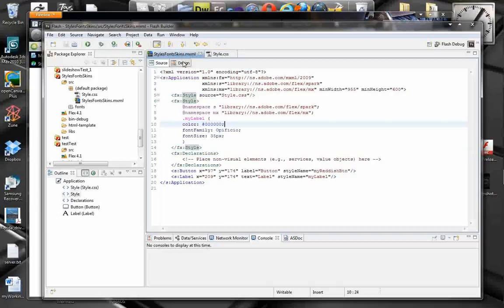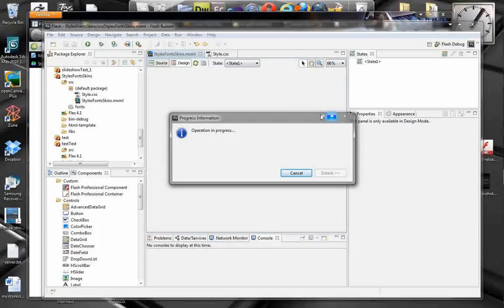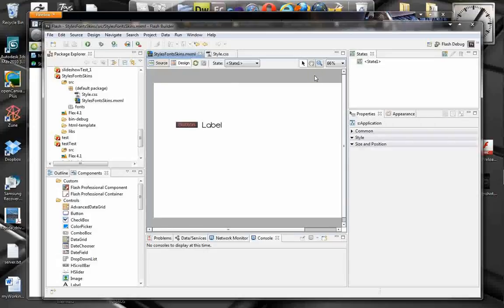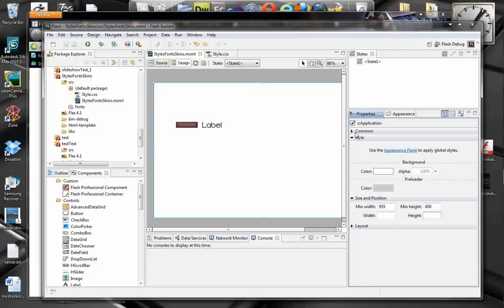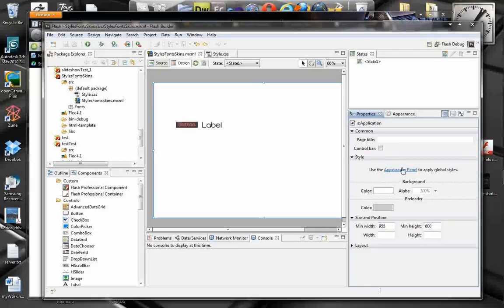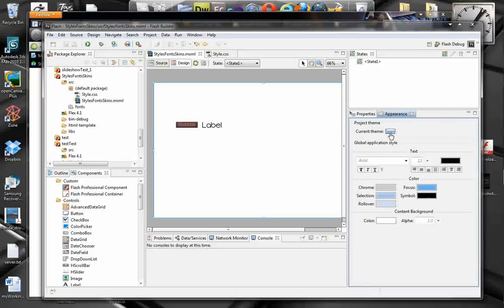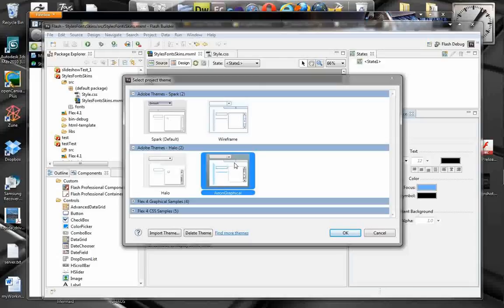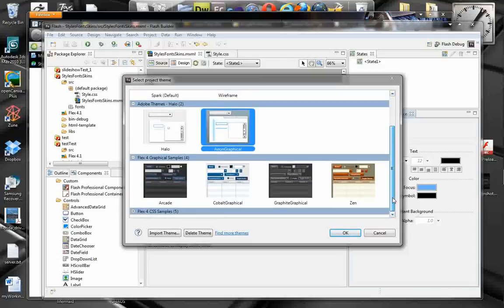One more thing quickly, I'm gonna go over skins, and we have the theme skin for the application. If you click on the application itself, you're gonna see in the style that we have the appearance property and the current theme is Spark. If you click here on the Spark theme, you can actually go inside and see some other themes that are applied for the whole application. Let's choose